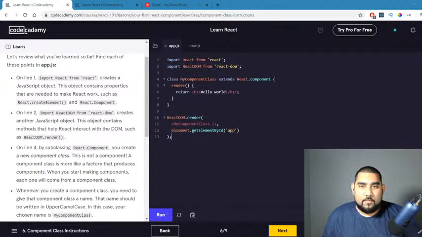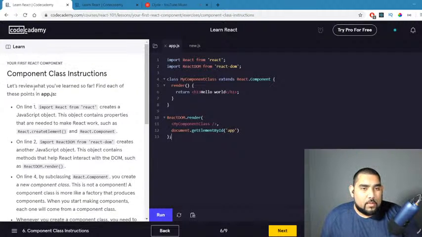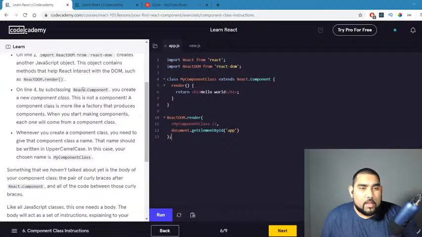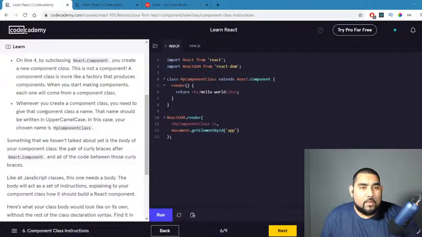All right. So let's review what you learned so far. On line 1, we have the import React. On line 2, we have the React DOM. Line 4, subclassing React.Component. And whenever you create a component class,